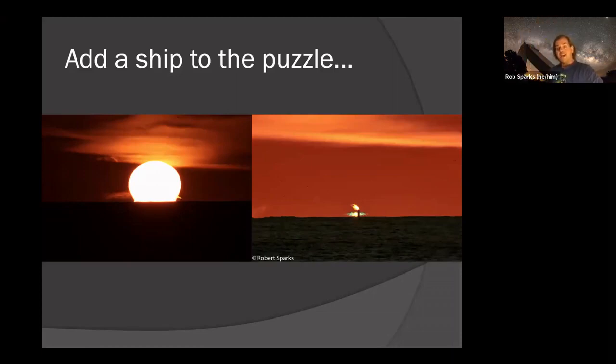So if you actually do the ray diagram, figure out which way the hot air is going to bend the light. Light's going this way, hits the hot air, it bends. So you get this little streak going over to the smokestack from the sun. So that's actually refracted sunlight from the sun.